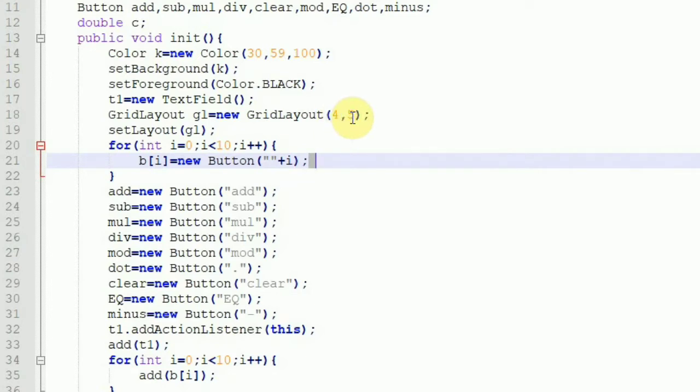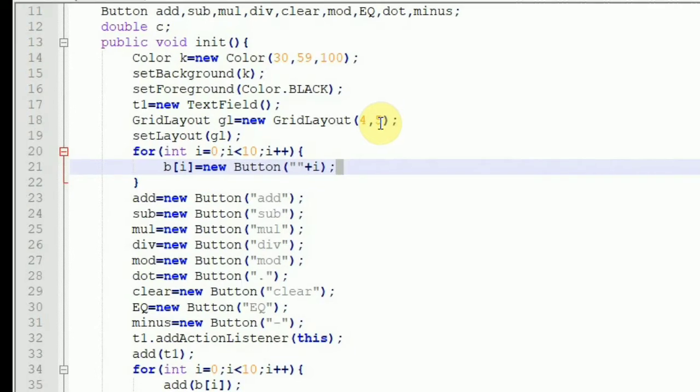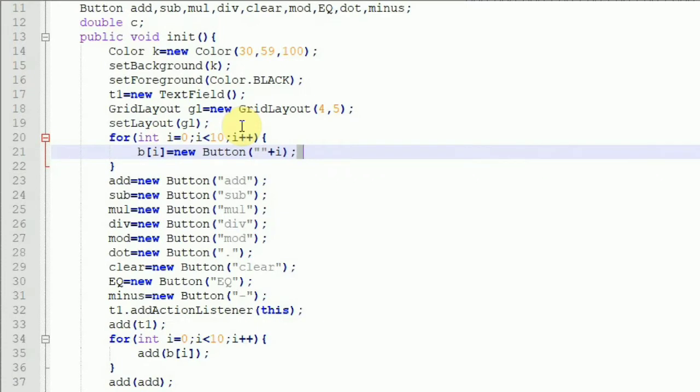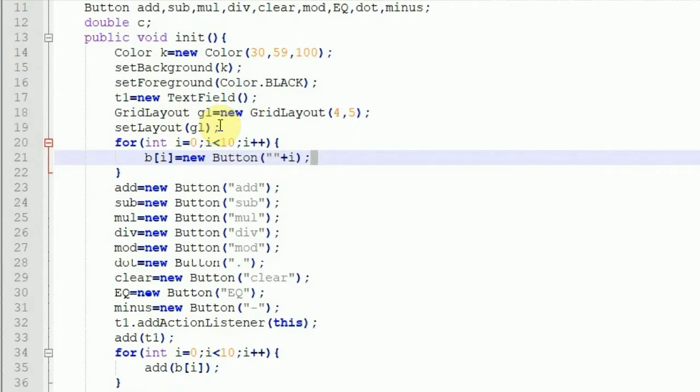Next I am calling the set layout method. Set layout method will allow us to set the layout manager. If no call to set layout is made, then the default layout is the flow layout. And if you don't want the layout at all and you want to manually position the components, then you can pass null into this set layout method as argument. And since here we want the grid layout, the grid layout object is a reference to the desired layout manager. So GL is a reference to the desired layout manager, and the desired layout is a grid layout.